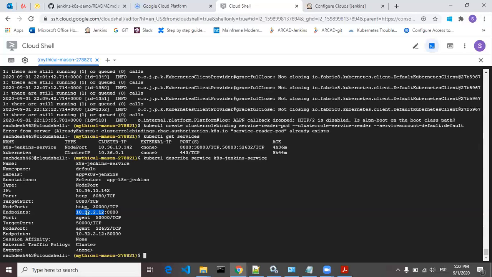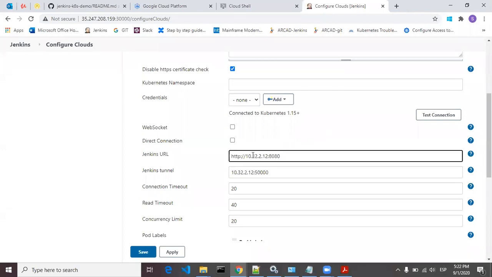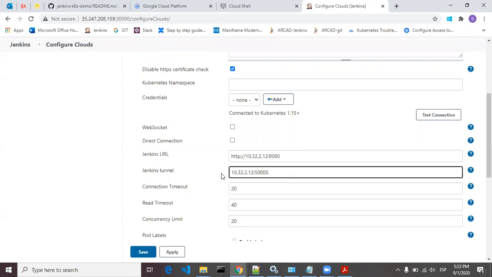So you have to copy this IP and paste it here with port 8080: http://10.32.2.12:8080. And for the JNLP tunnel, the Jenkins tunnel, this is nothing but your JNLP port URL. This is the same IP with port 50000, but remember not to put http over here.